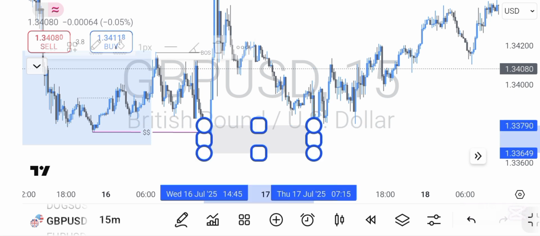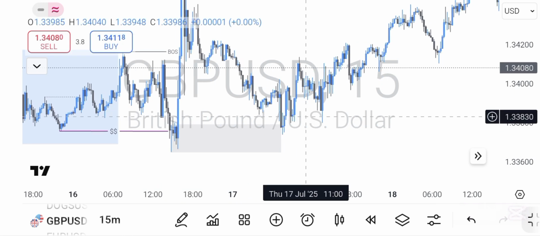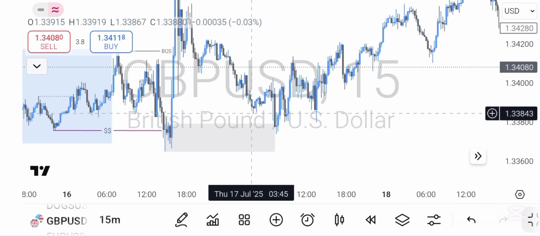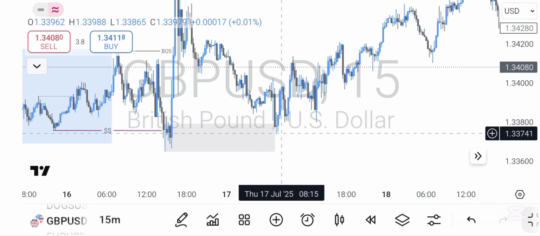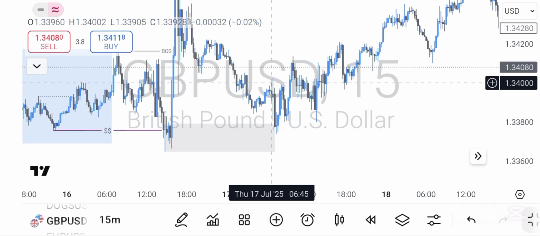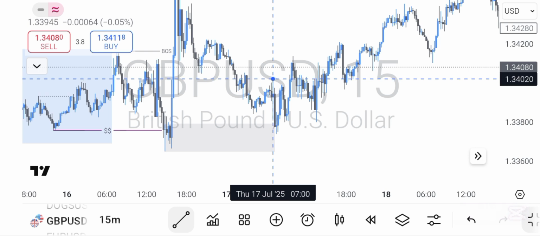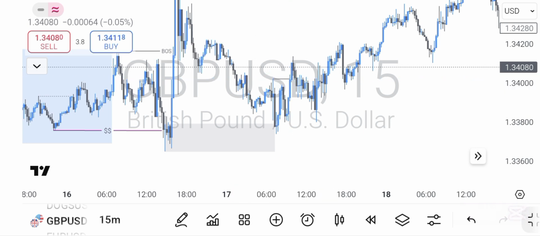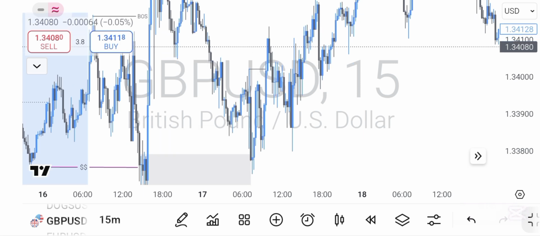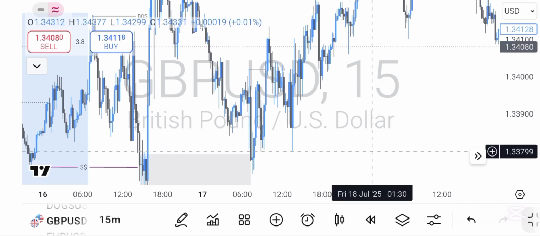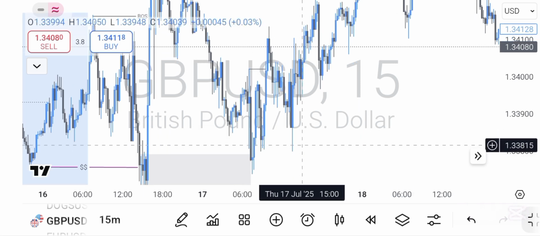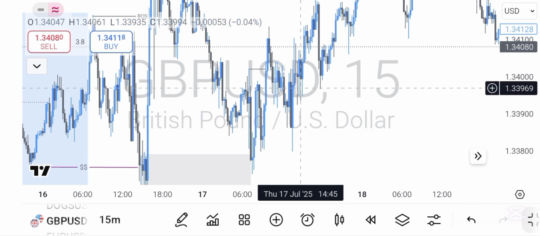Market did not only mitigate, we also grabbed this last liquidity here. This low was taken out, and the market mitigated into this demand zone, and then we could see an internal break of structure around this side, then a mitigation into this demand zone. But actually at the lower time frame, when I was seeing this trade, it was a sweep